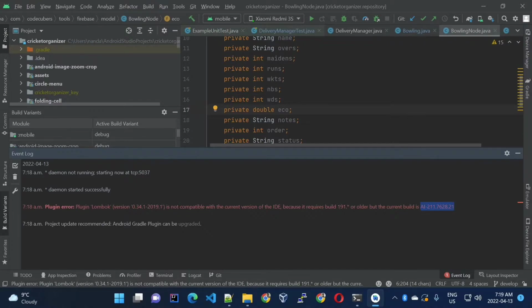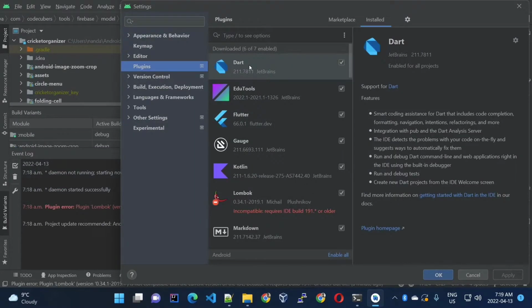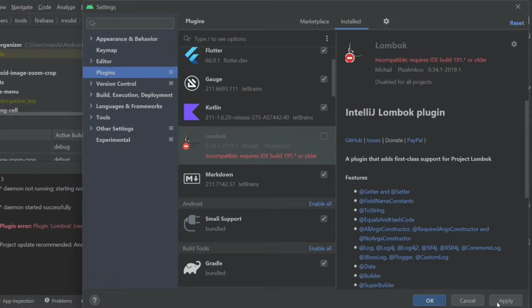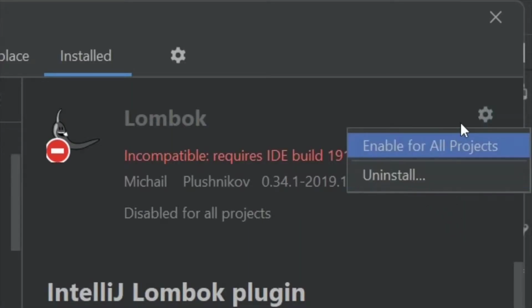So we first do a full cleanup and then perform a tweak for reinstallation. From settings, plugins, let's go to install and look for the Lombok plugin, which is here. It says incompatible, requires IDE build 191 or older. So let's uninstall this first,